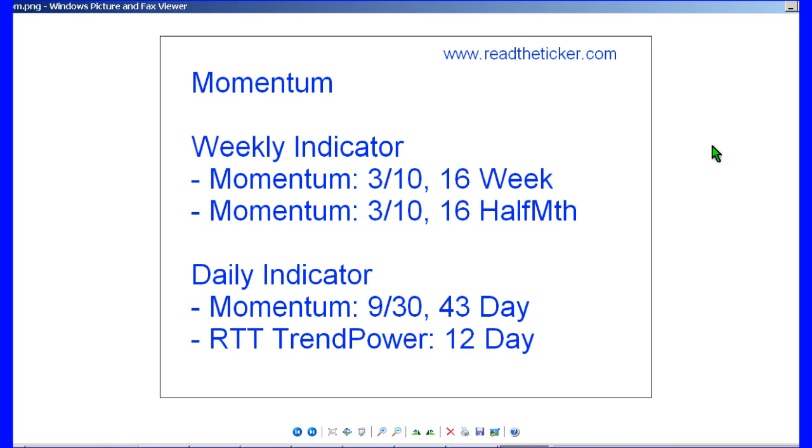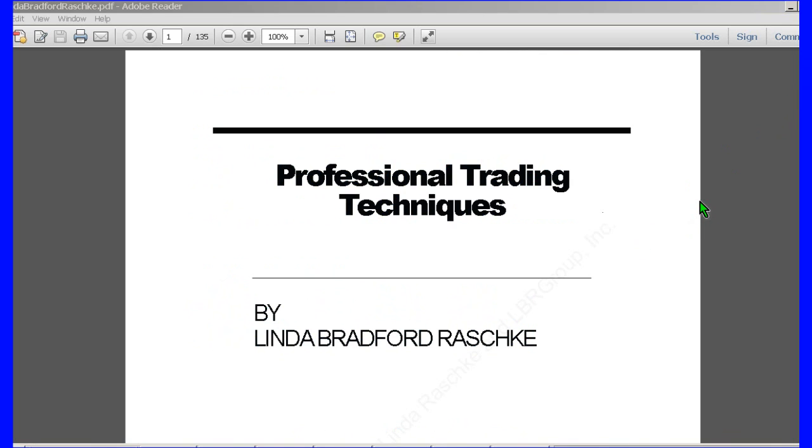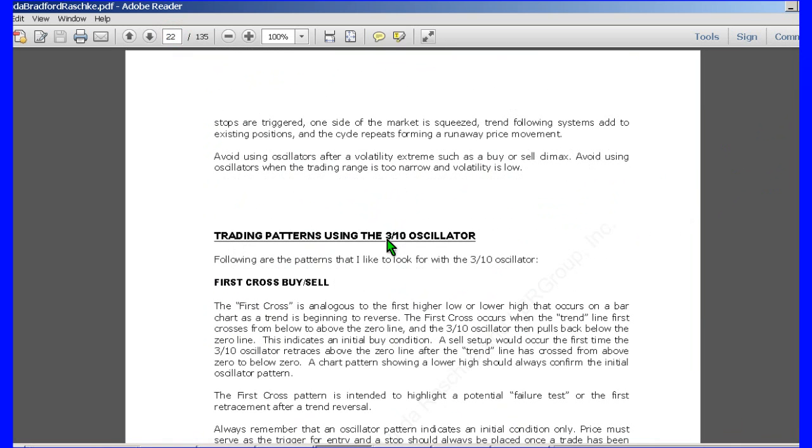Now, to learn more about the 3-10 momentum indicator, I think it was wisely used by Linda Bradford-Raschke. She has a PDF document on the web somewhere. If you just Google search Professional Trading Techniques by Linda Bradford-Raschke, and go to page 21, here we are, the 3-10 oscillator. She talks about the rules and examples she has